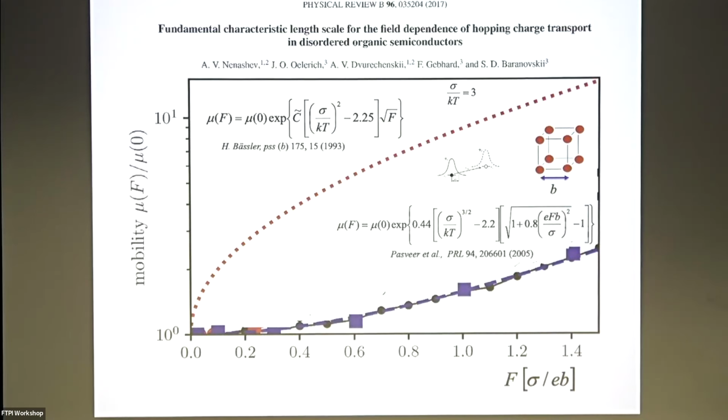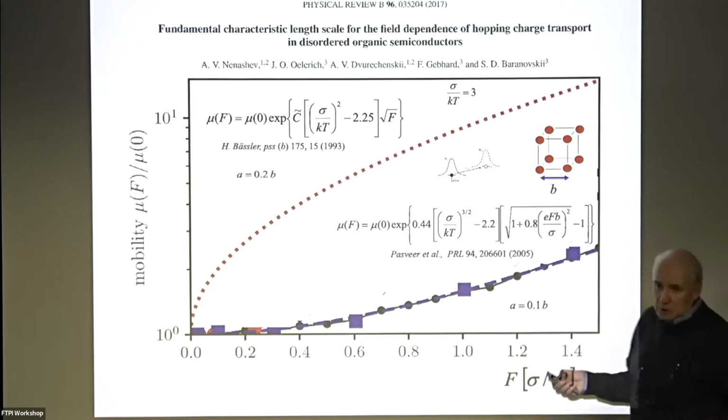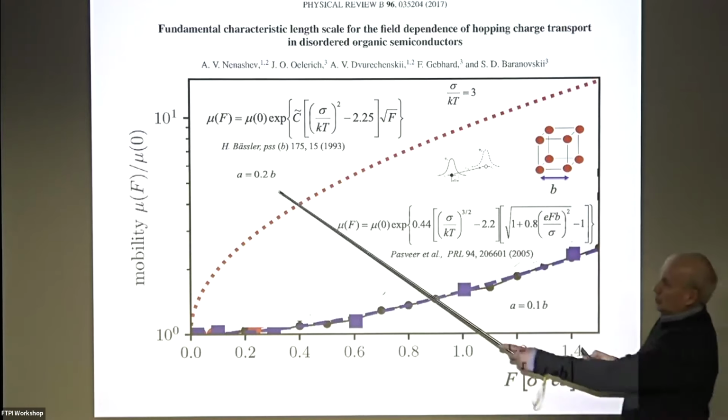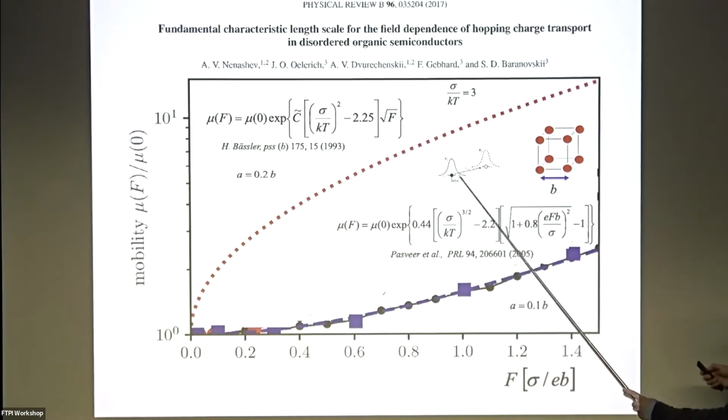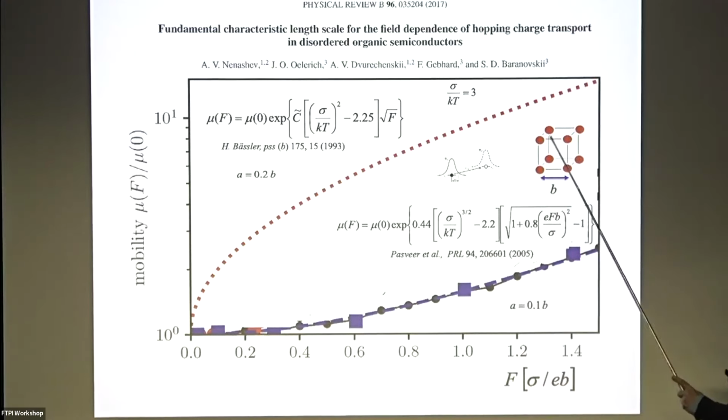And if you go inside these studies, you learn that there was just one difference. This group simulated for a localization length, the spread of the wave function, of 1/5 of the lattice constant, and this group simulated for 1/10 of the lattice constant. And this parameter, localization length, is not at all in the equation. Can you remind me what this lattice is? Is this a lattice of localized states? Yes, this is just a hydrogen-like atom placed in a simple cubic lattice. So the electron tunnels from this place to this place, and a is the spacing, the lattice constant.